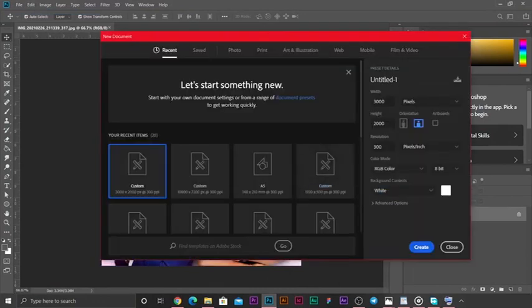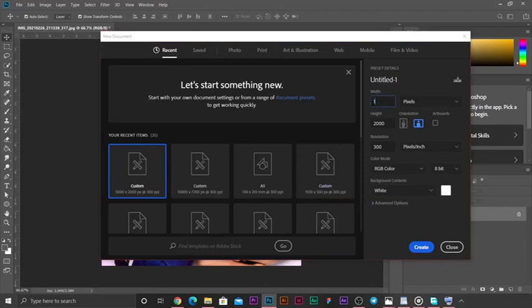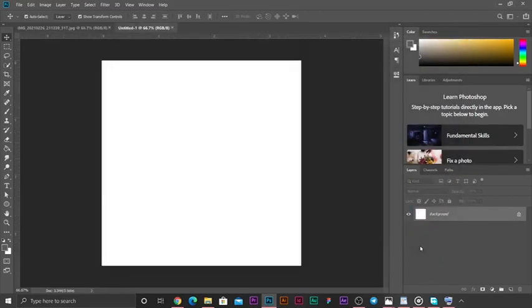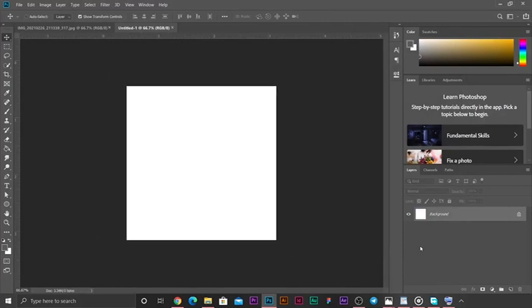So I go to the width, hit 1080, I go over to the height and hit 1080 as well. So we now have 1080 by 1080. The resolution is 300, the color mode is RGB and the background is white. So that's okay. So here we have our artboard with the dimension 1080 by 1080. So I'm going to zoom out a little bit